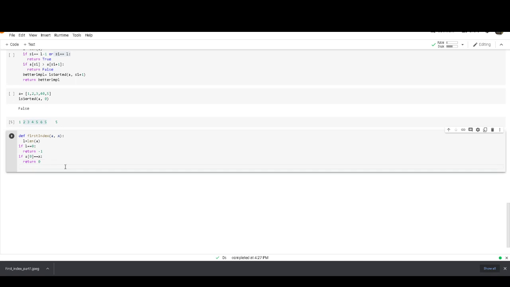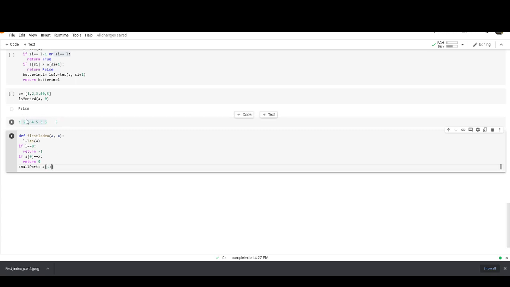So it will return 0 as the index. And the small part is this one, equal to a of 0 that we already mentioned.